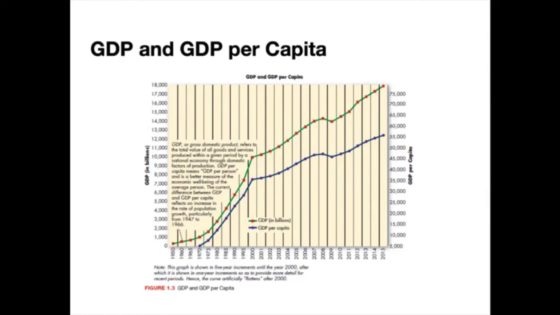And in this chart, figure 1.3 from your textbook, you begin to see how not only has GDP been rising over the years from 1950 to 2015, but also you see the increase in GDP per capita, or standard of living, for citizens in the United States during those same calendar years.